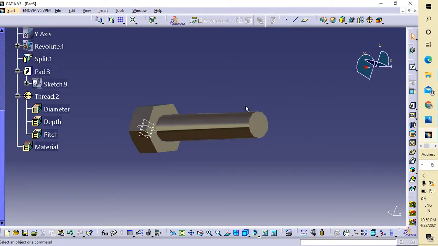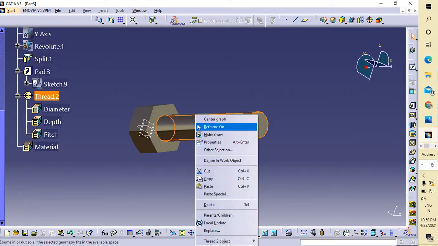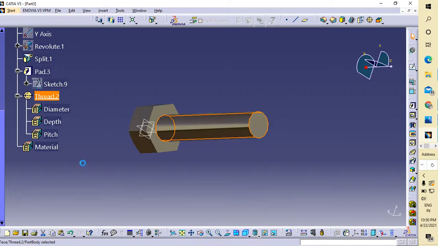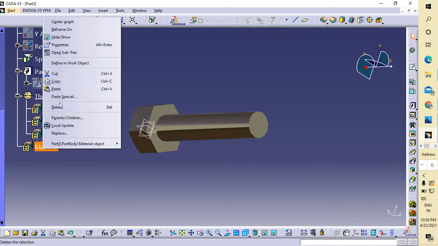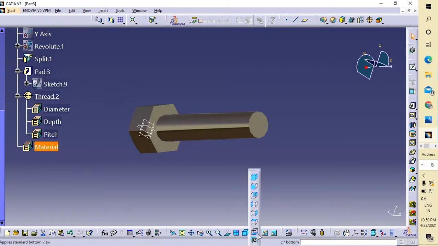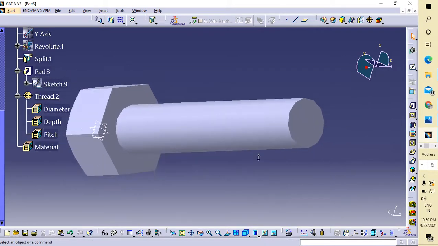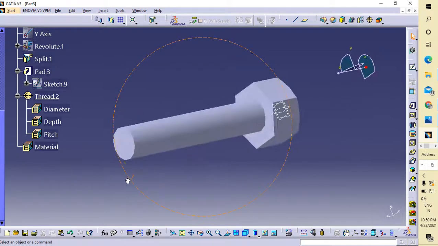Okay, I will go here and here. This is my threaded bolt.